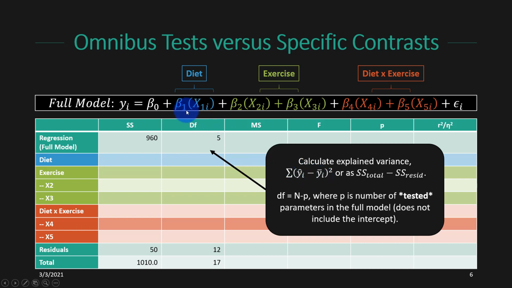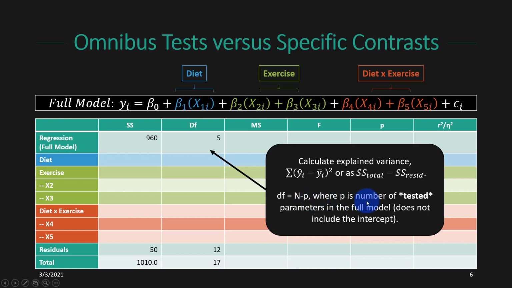Because remember, under the null hypothesis, all of these coefficients should be 0. And the only thing that we need under the null hypothesis is an intercept. We should just predict the mean for everybody. So we want to see how different our predictions are from the mean, and then we'll add up all those deviates, we'll square them and then add up all those squared deviates. And in this case, that adds up to 960. And it has 5 degrees of freedom here, because again, it's n minus the number of estimated parameters, but the